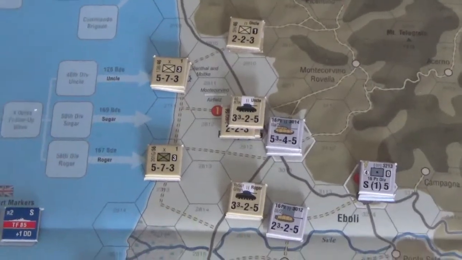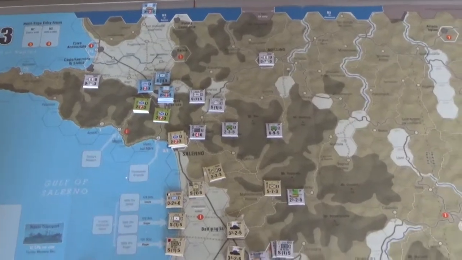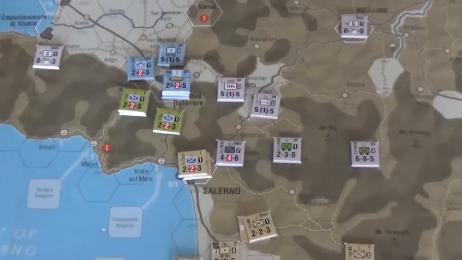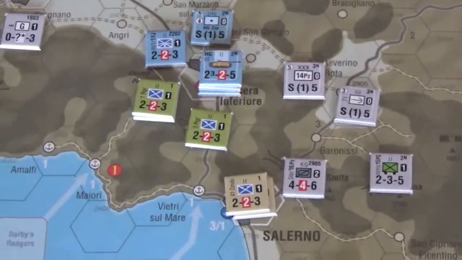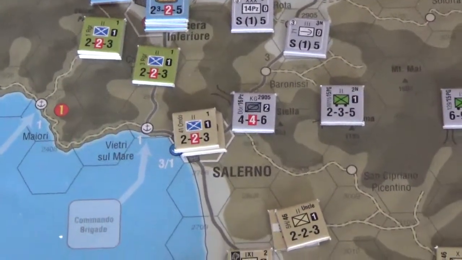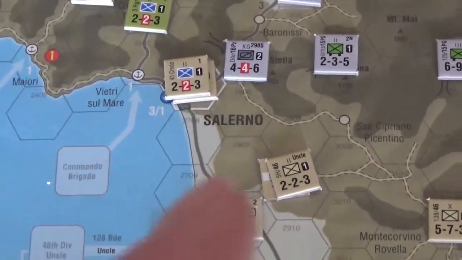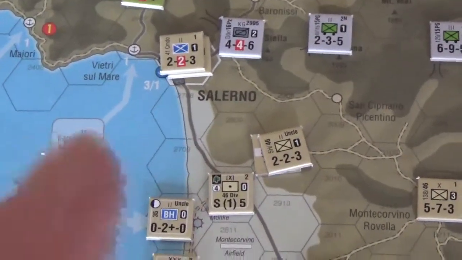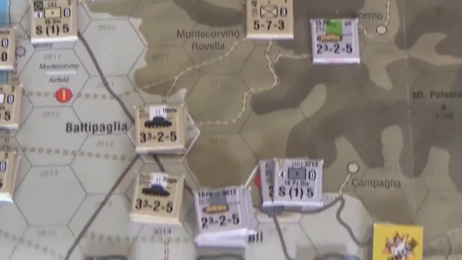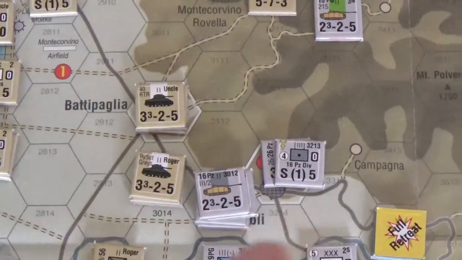onward to turn 2. So this is the status at the beginning of turn 4. Here the Germans brought up units here, kind of disrupted this unit here, but didn't do much. Allies didn't do anything to push out of Salerno, but it is keeping them from getting supply here. Allies did push the Germans out of that hex,